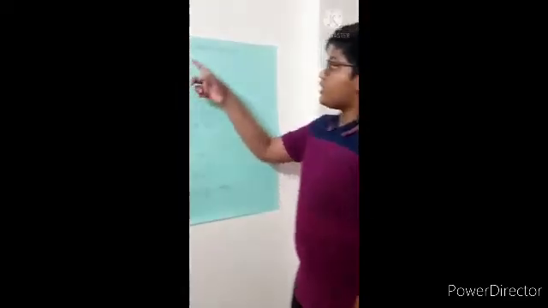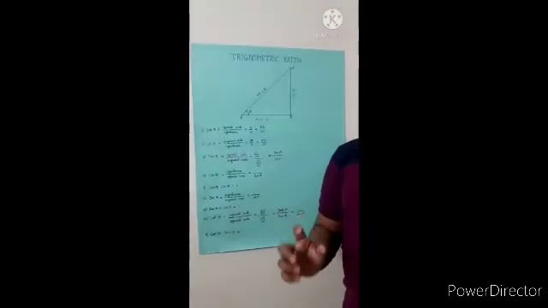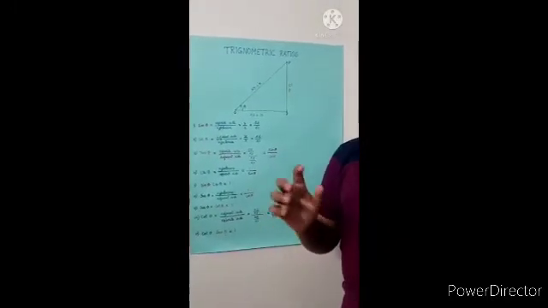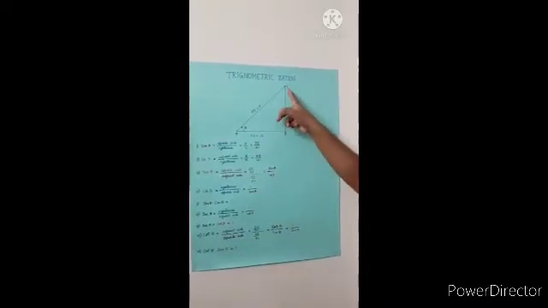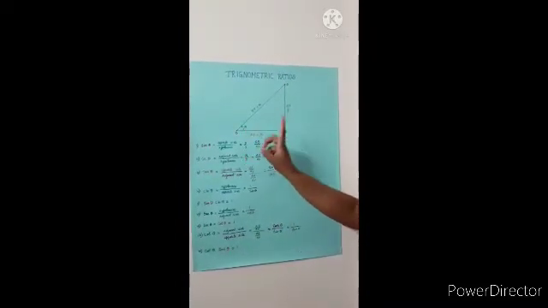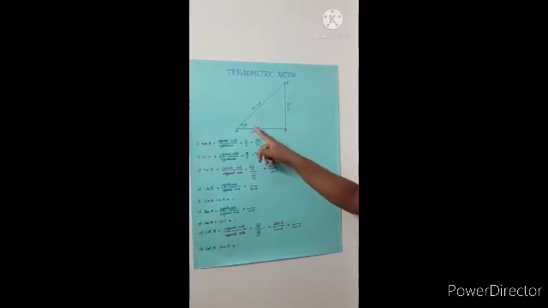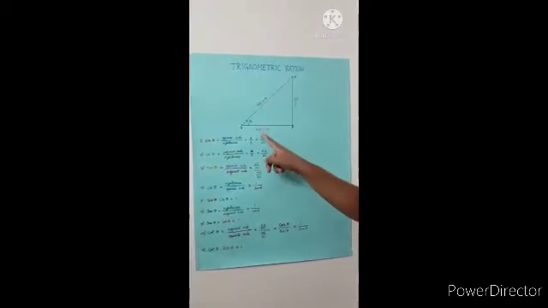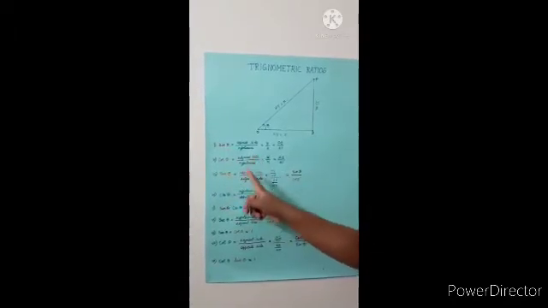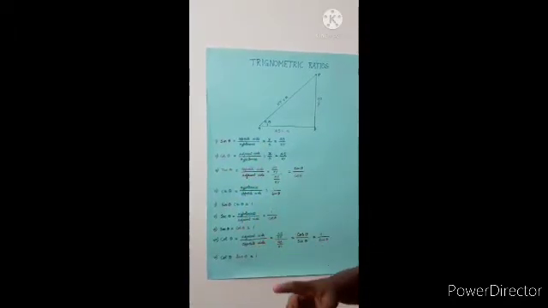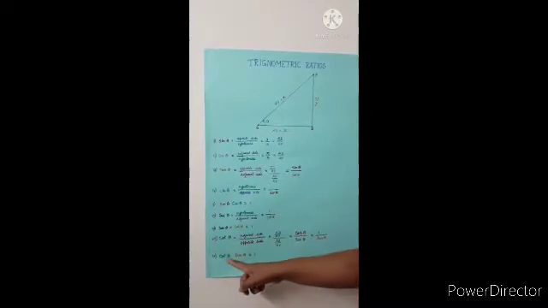Now, I am going to explain about trigonometric ratios. There are 6 trigonometric ratios. These trigonometric ratios are only applicable for right angle triangles. Here POB is a triangle with angle theta. According to the angle theta, the hypotenuse is R, the adjacent side is X and the opposite side is Y. The 6 ratios are sin theta, cos theta, tan theta, cosecant theta, secant theta and cot theta.